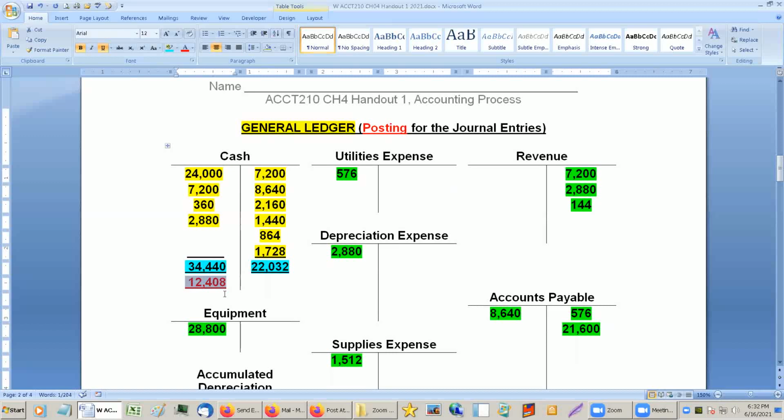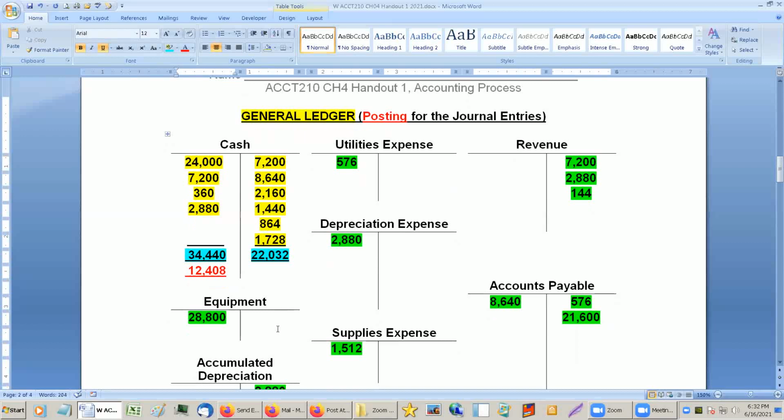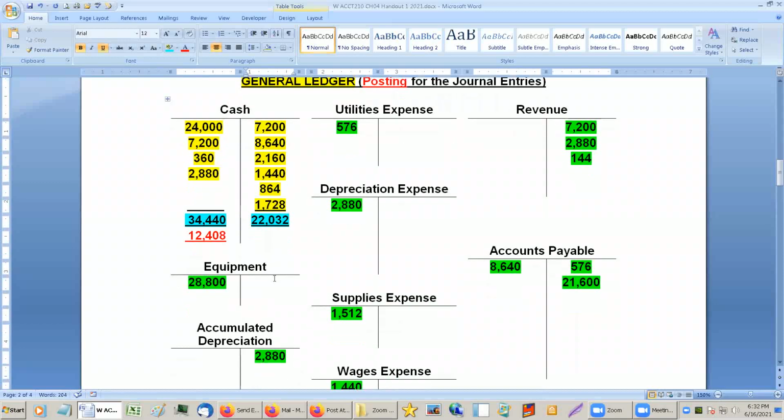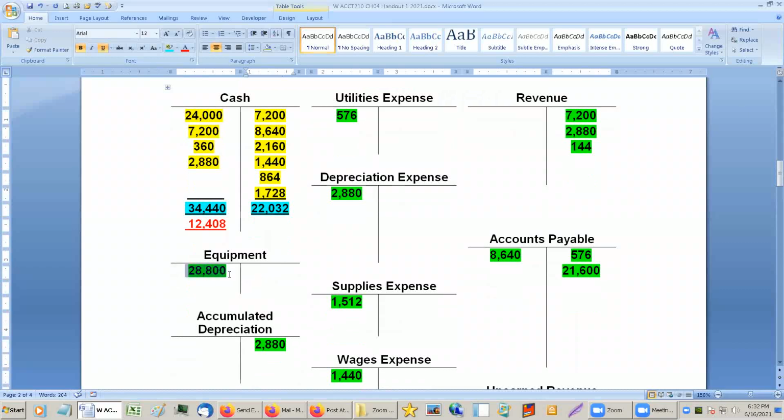And again, the point of the general ledger is that if someone asks how much cash is there, you can go, oh, well, there's 12,408. Whereas looking at the journal entries, you probably have no idea what was in there. And cash is the hardest. It is actually the most involved of these to do, as you can imagine. Virtually everything goes through cash at some point. Okay, the equipment. Well, some of these, there's only one number, so